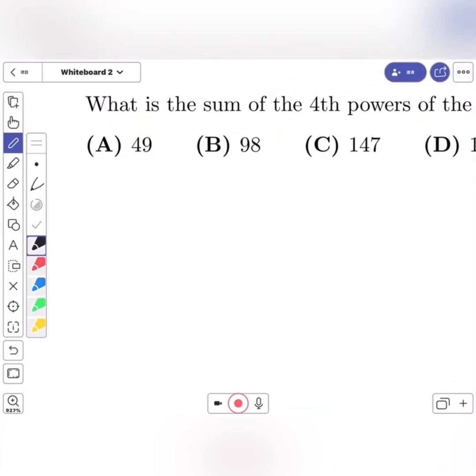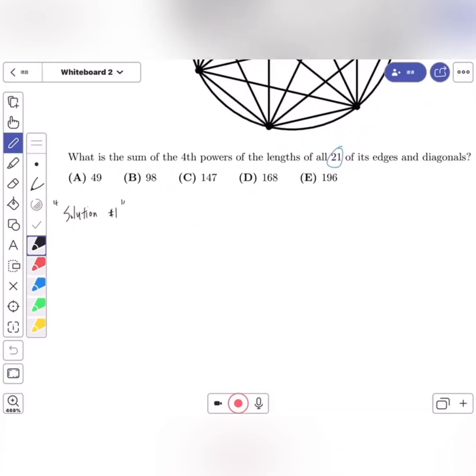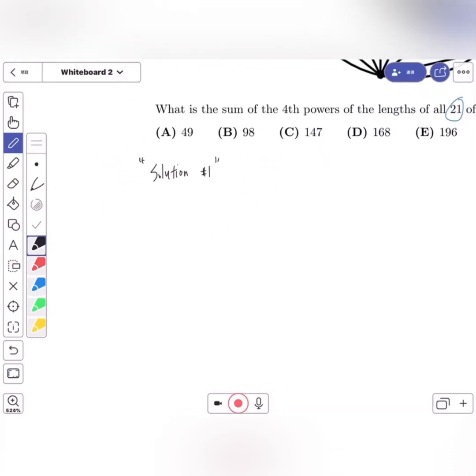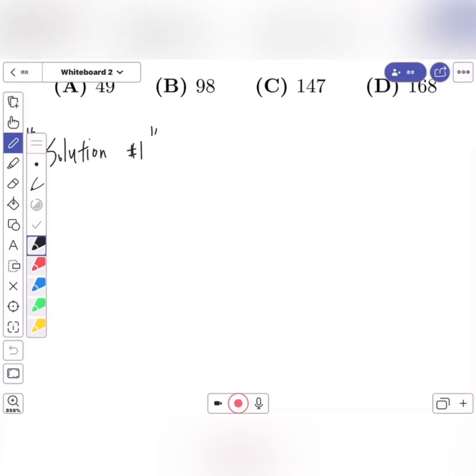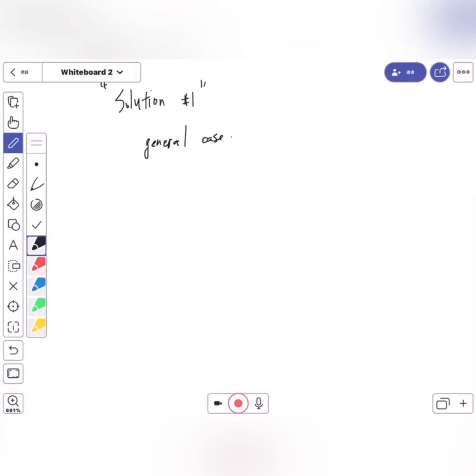So I'm going to present 2 solutions. Let's go on to solution number 1, which I want to put in quotes because that's not really a rigorous solution. For solution 1, we're going to think about the general case and find patterns. So let's say I have a unit circle,